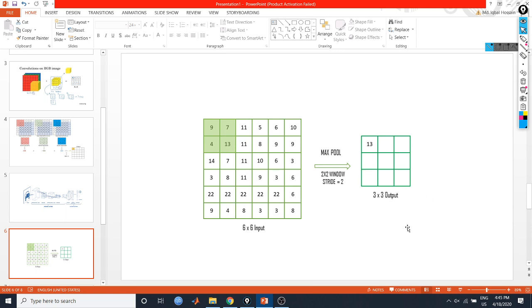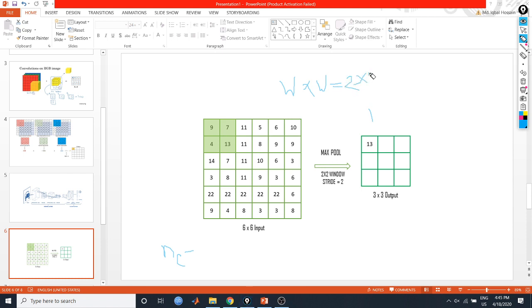I want to find the dimension of my output array. So I have an n by n input, so n c minus the window size. My window size is w into w, so it is equal to 2 into 2.